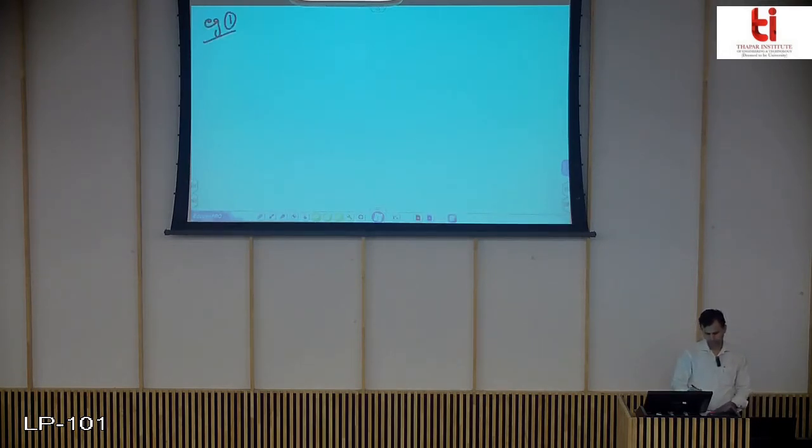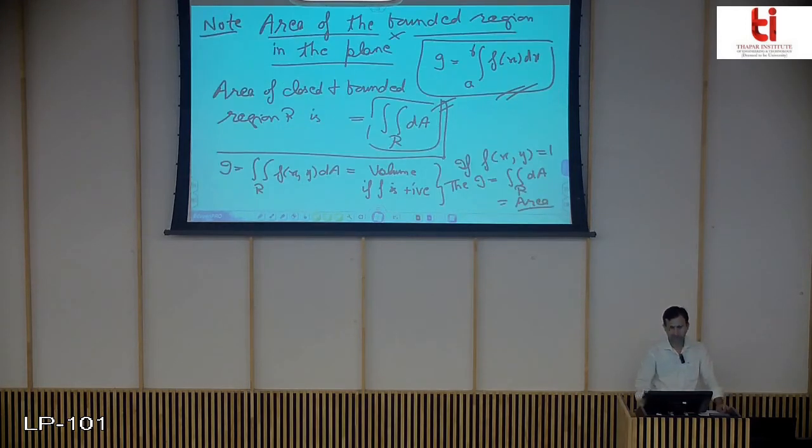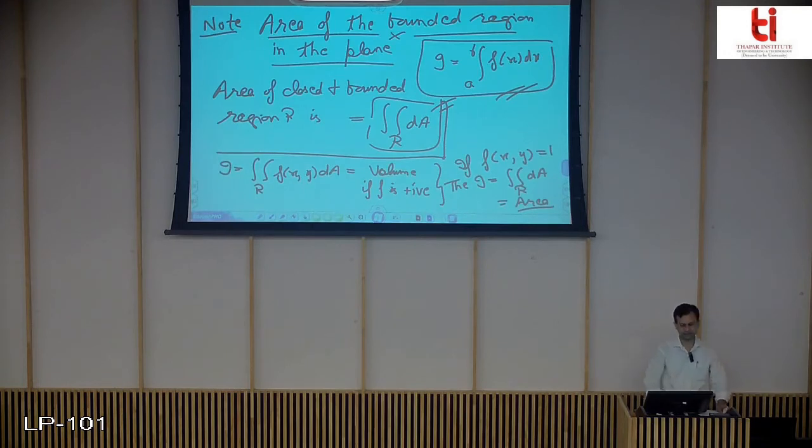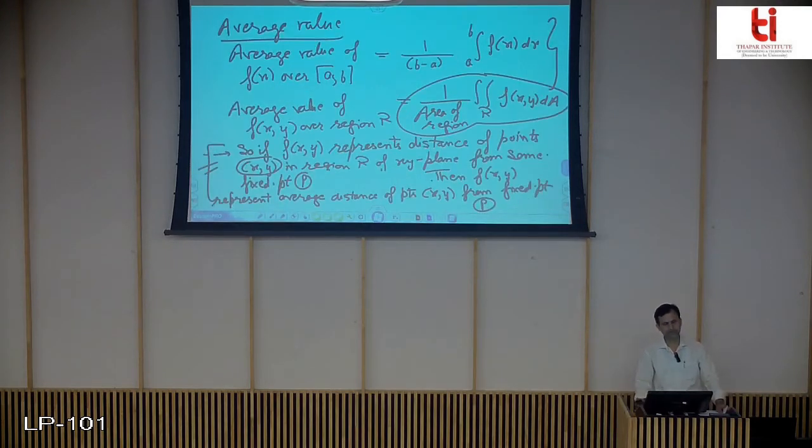Example 1. So till now we have been able to find the limits of integration, whether with respect to x or with respect to y. We know the strategy how to find the limits of integration using the region of integration. Then we have your area. How to find the area? It is simply this integral in terms of double integral. And again, you have to find the limits of integration if the region of integration is given. And then you have the average value.